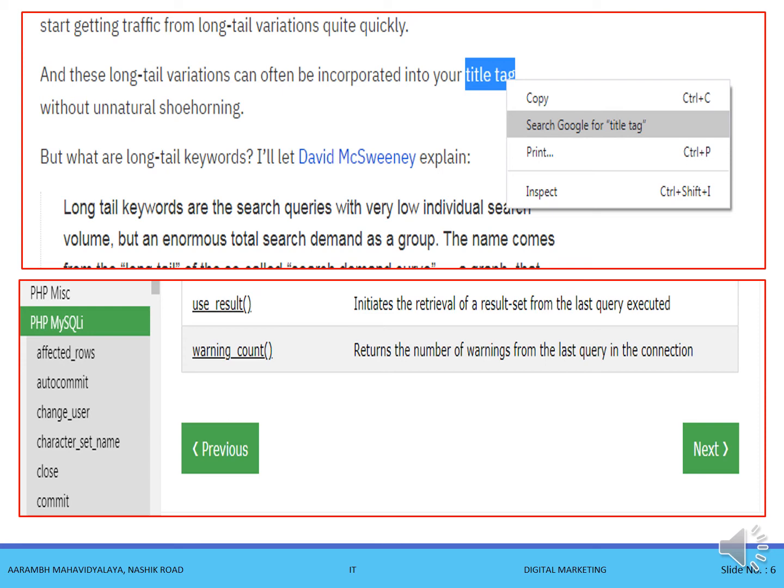Also, we can create different links or different buttons in such a way. Here we have created two links by using these two buttons. First one is previous and one more is next. This previous button takes the user to the previous page, and this next button takes the user to the next page of the current website.